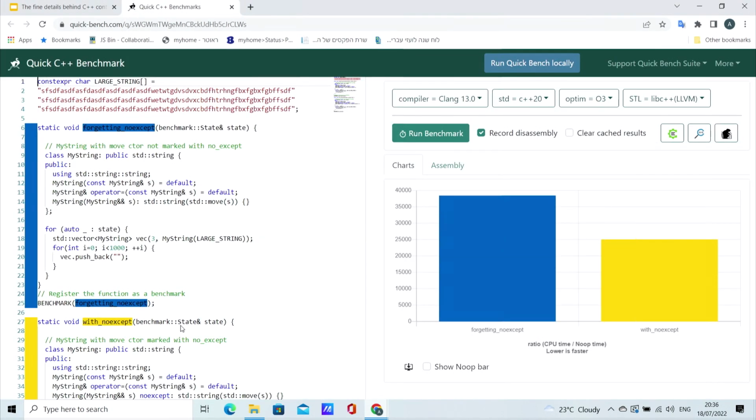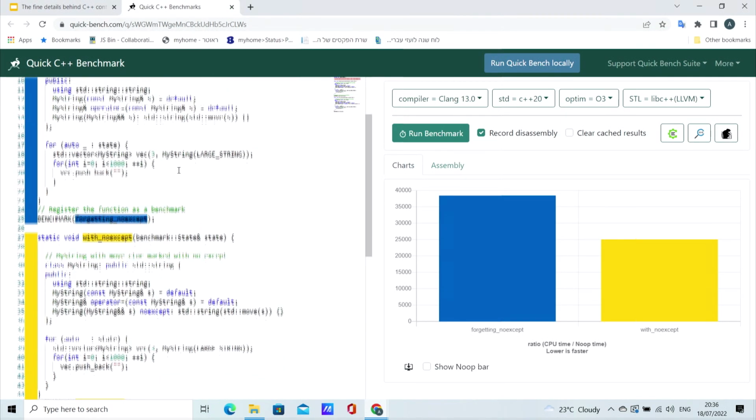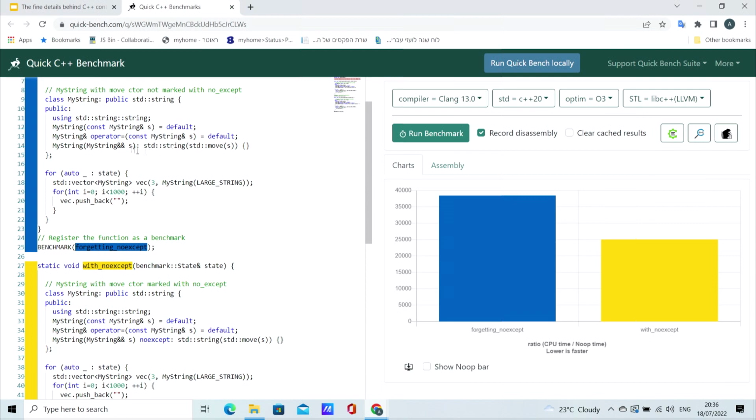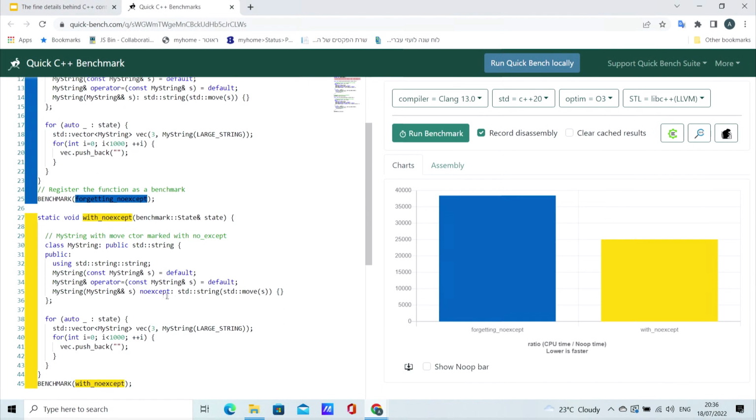This benchmark shows two calls, one with forgetting noexcept, the other one with noexcept. I created a myString class there. It might be a bit small, the font there, but you can believe me that there is a myString class and the same implementation in both cases, but the one is without noexcept. You can see here there is no noexcept, and the other one does have noexcept, and this is the only